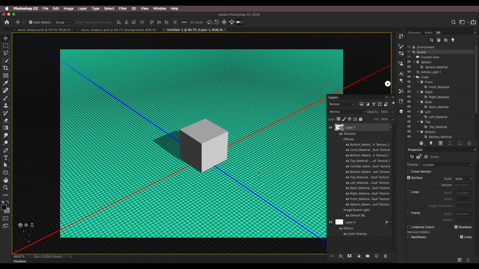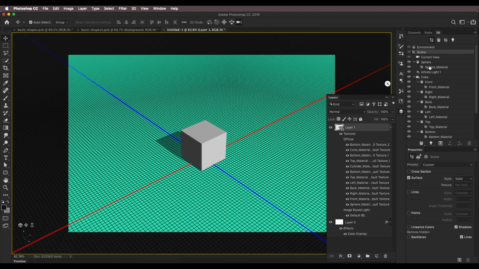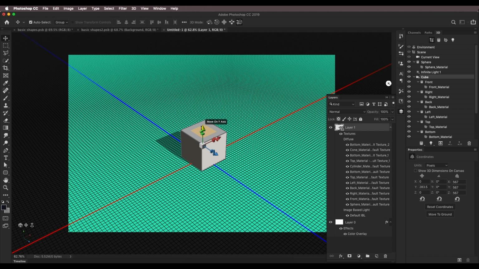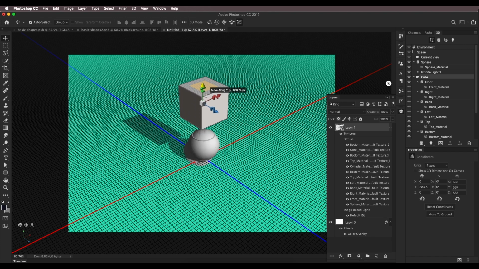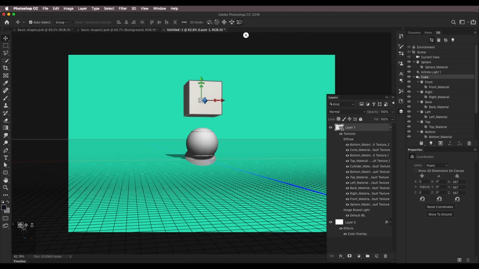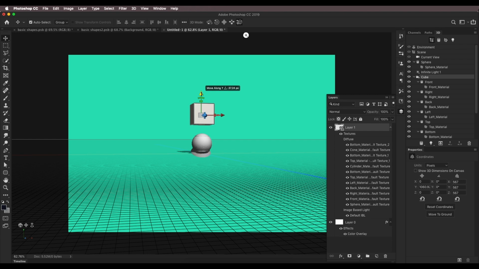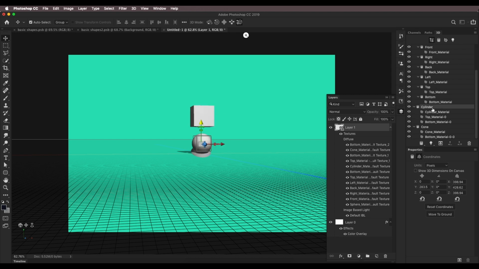So I'll go over here. I'm gonna select, let's say, the cube and just push it up a little bit like this. Okay, I'll just change the perspective view to something like this just to see the gaps, and zoom it out a little bit more. And here's the cube. Now I'll select the other shapes, let's say the cylinder, and I'll just push this up over here. And we got that cone, so I'll select the cone,